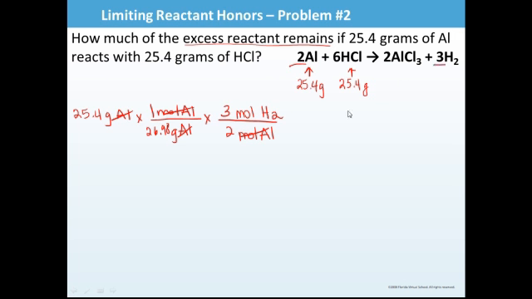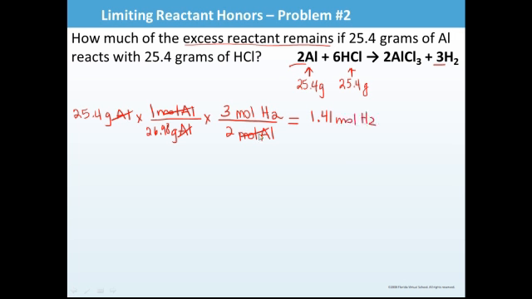I have moles of hydrogen, and since I'm not asked for grams of the product, I can stop there. So 25.4, we can do all this calculation. 25.4 divided by 26.98 times 3 divided by 2, and we get 1.41